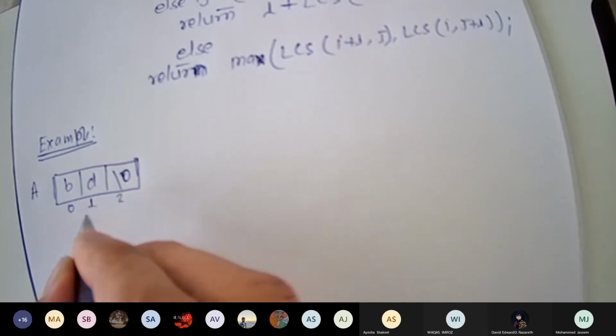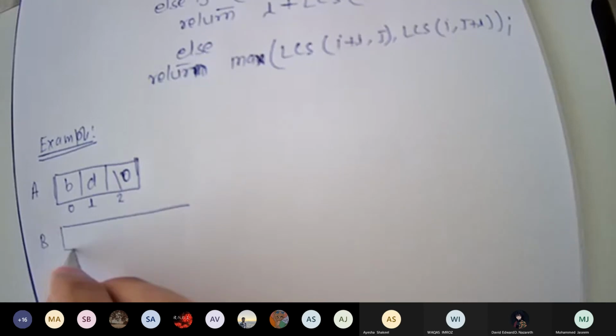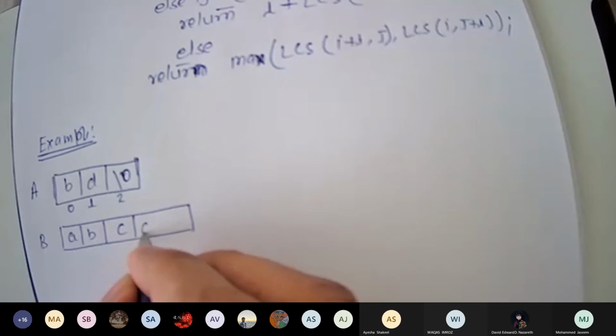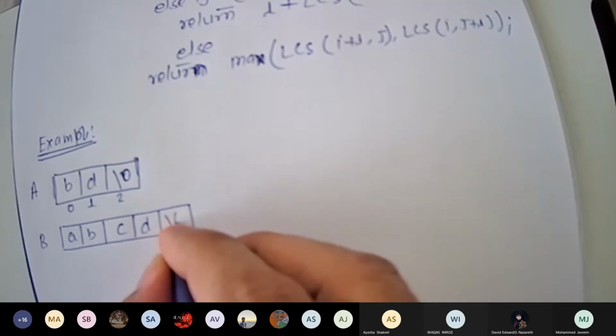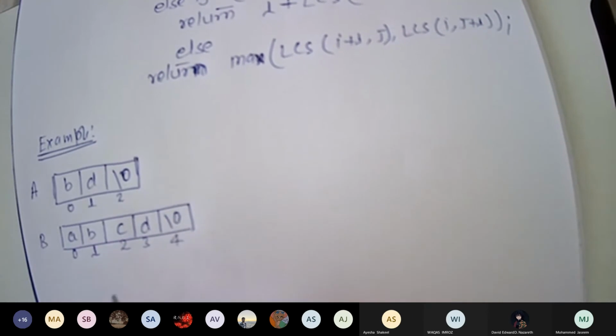And we have the B string A, B, C, D, \0, with indexing 0, 1, 2, 3, 4.